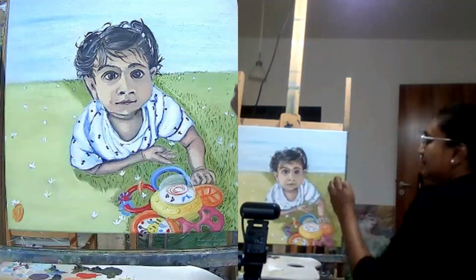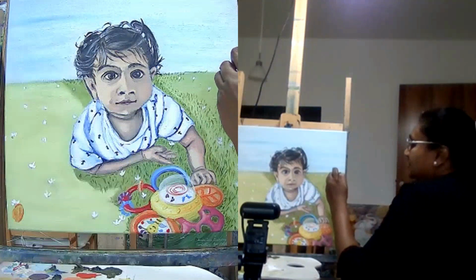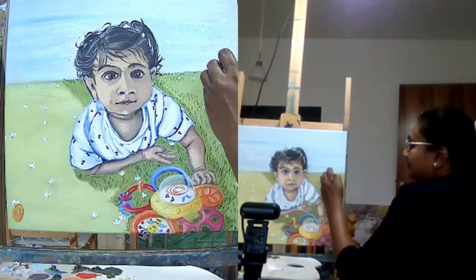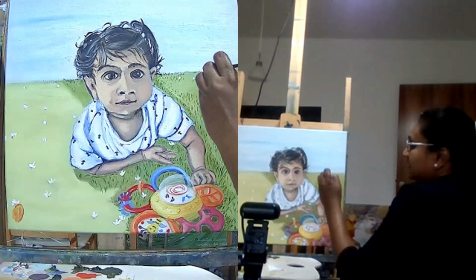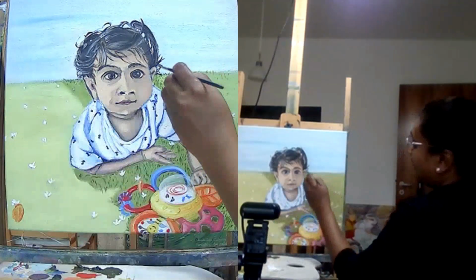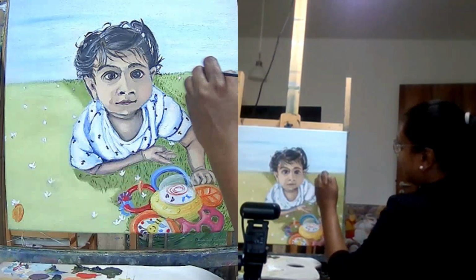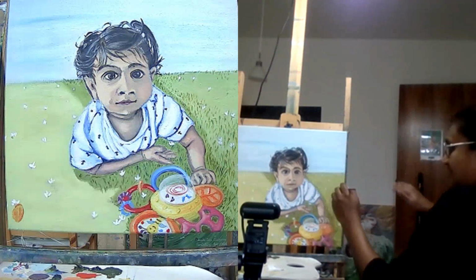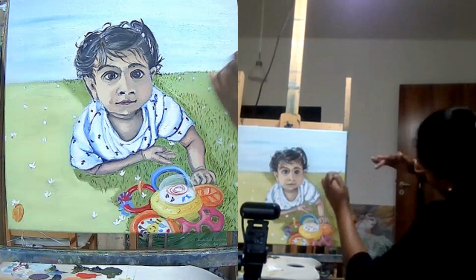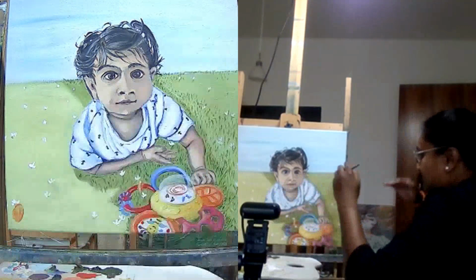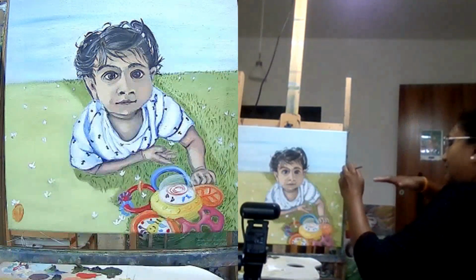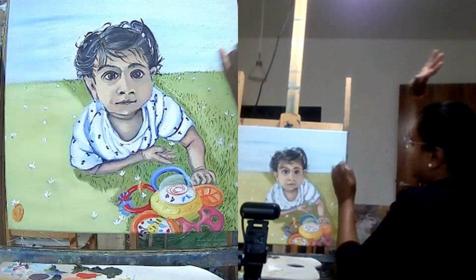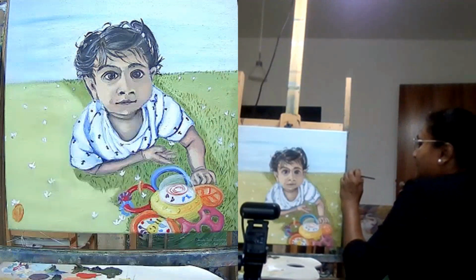So that's exactly what is happening when I touch the tip of the brush and do these shades. And like I said, I wanted to do these nice little dots here to give a feeling that there is this plane that is coming to a close. There is a horizon, and where you can see the finish of the end of the grass, and the sky begins. So I just love to show that slightly.